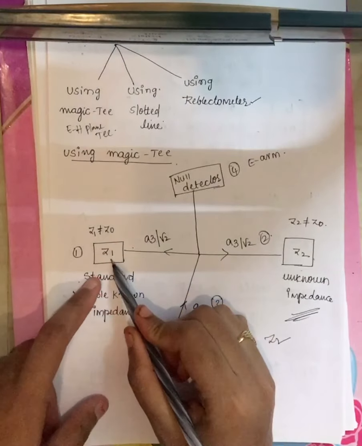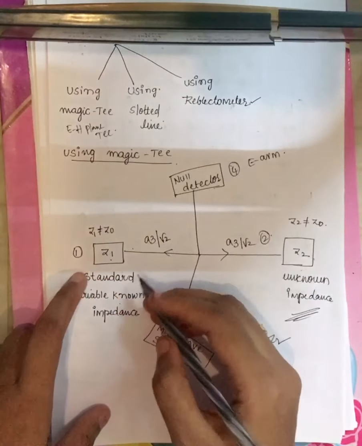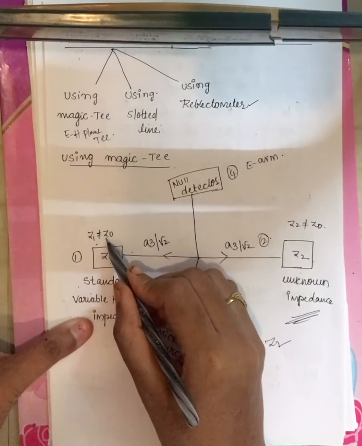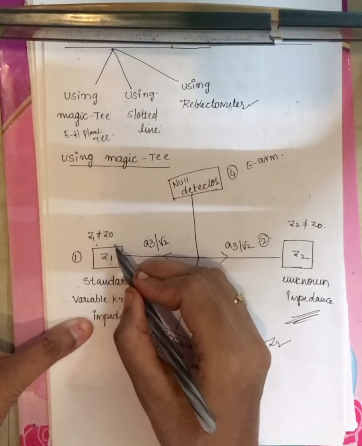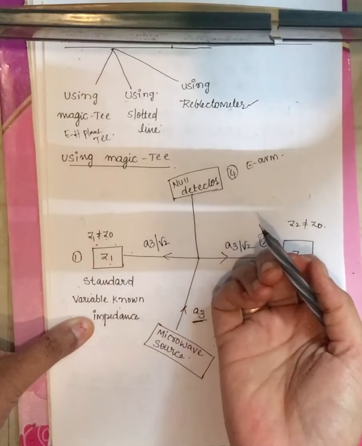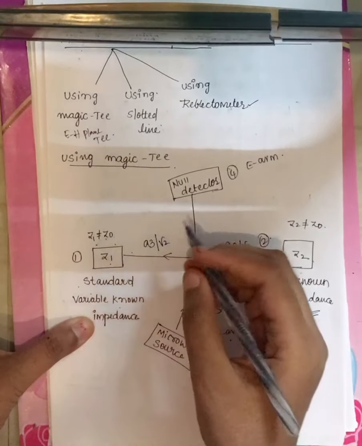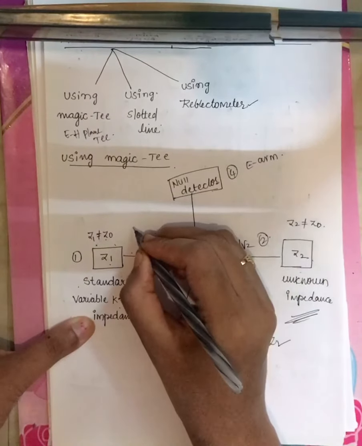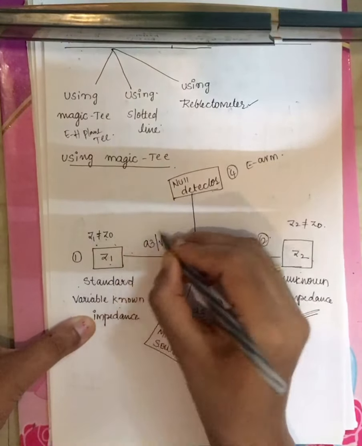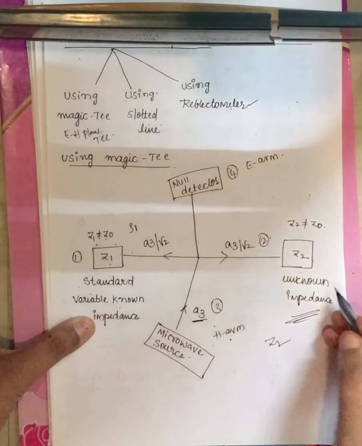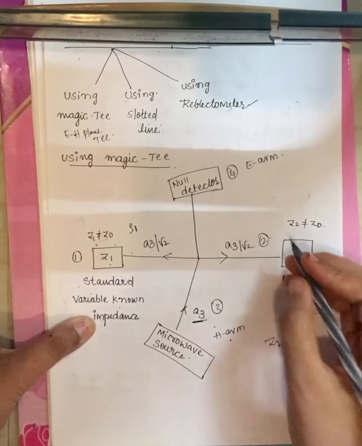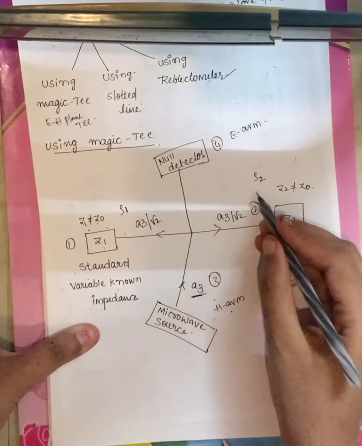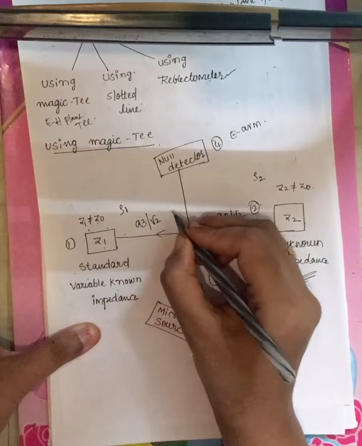Now port 1 has a known variable impedance, denoted by Z1, right? Now Z1 not equal to Z0, right? If Z1 equals Z0, you won't get any reflections, right? Now Z1 not equal to Z0, the wave will get reflected, right? That reflection I am representing as rho 1, right? And here also Z2 is not equal to Z0. Here also you will get some reflected wave, given as rho 2, right? Now what will you get finally?